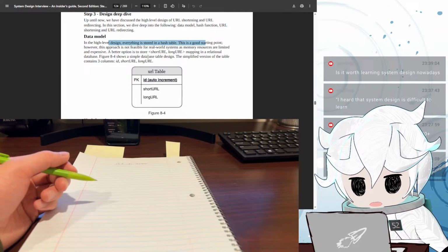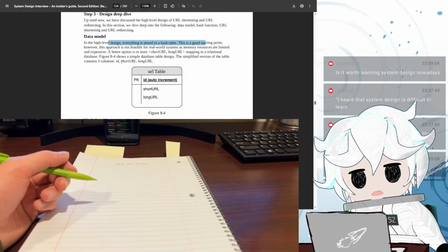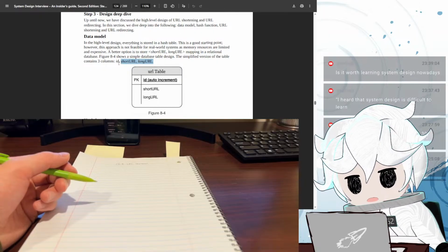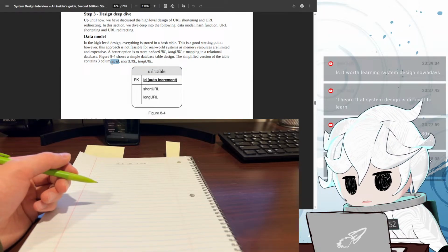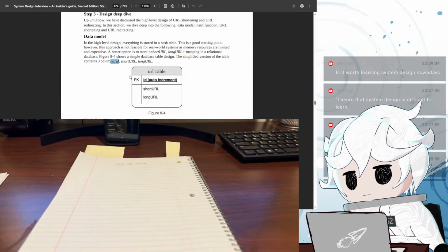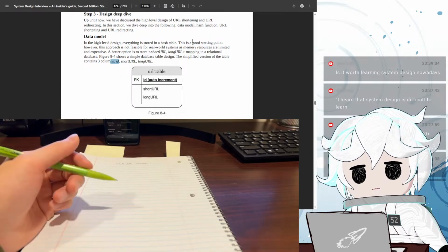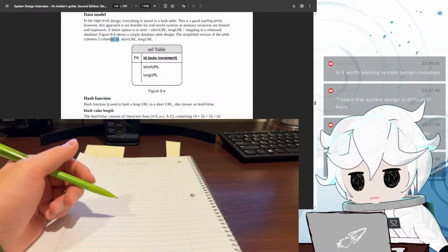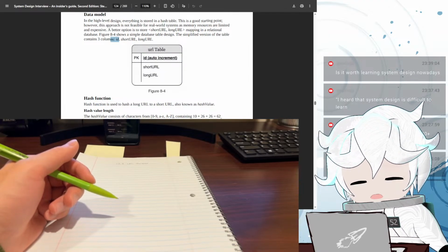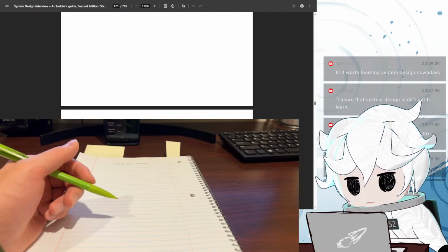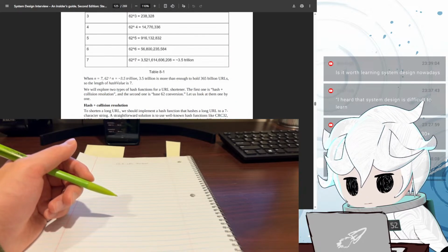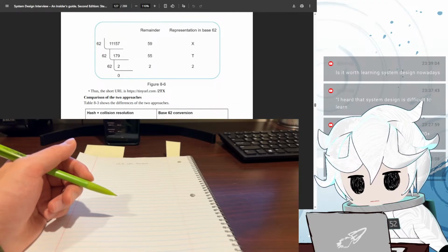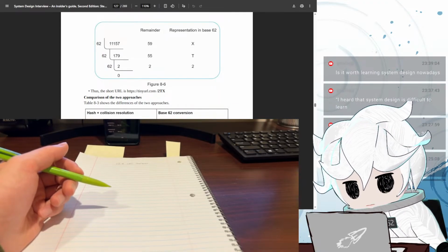The simplified version of the table contains 3 columns: the ID, short URL, long URL. Okay, what's the ID? Maybe the hash value? Hash function is used to hash a long URL to short URL, also known as a hash value. Okay, they're talking about how to compute the hash value.